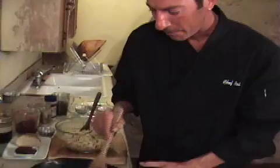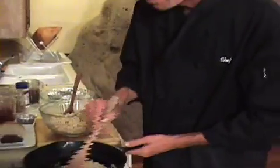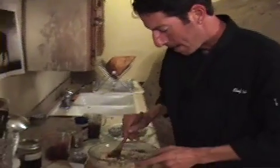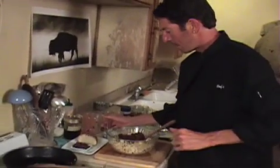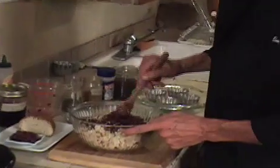Ooh, yum. What I've done was taken some onions and sauteed them in a pan with a little bit of olive oil till they become a little translucent, they become clear. And what we're going to do is add the onions to some diced bread, which we let dry out a little bit, and mix them along with our elderberries, which we blanched off. How long did you blanch them for? We blanched them for 1 minute in boiling water and then cooled them down in ice water and then strained them. You want to just cool them down for about another minute till they're room temperature again so they don't bleach the flavor out. So we're going to mix them together a little bit, then add a little bit of